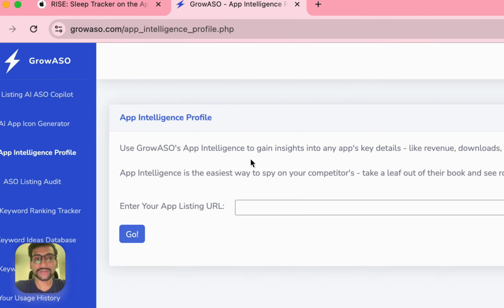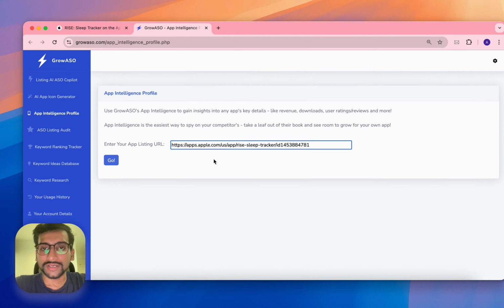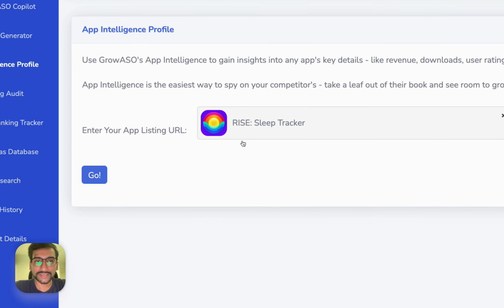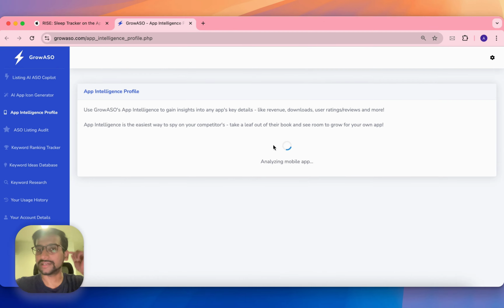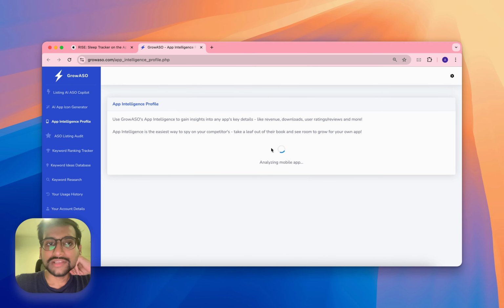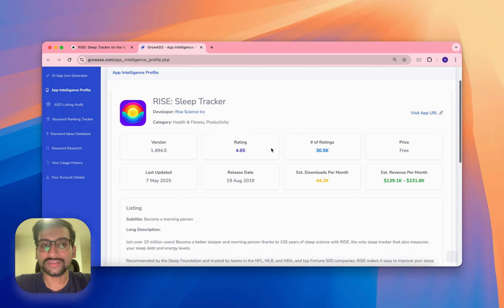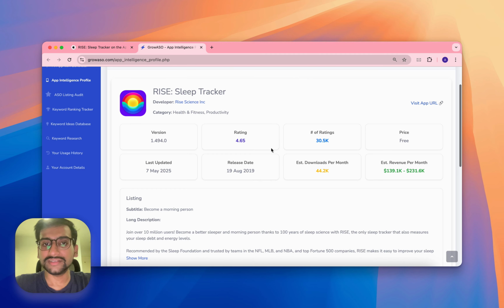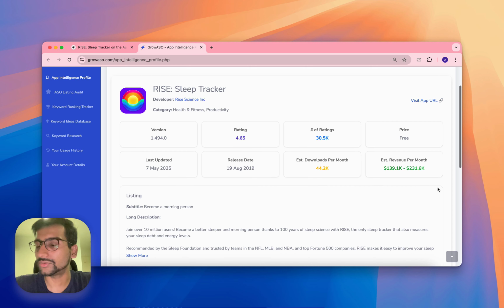So going back to GrowASO, I will first input this listing here, and then I'll just analyze. What this will help me do is get a better sense of their popularity. So what I see here is that it was released in 2019. It was last updated fairly recently, just 5 days ago, and it has around 44,000 downloads per month and an estimated revenue of anywhere between $140,000 to $230,000 per month.